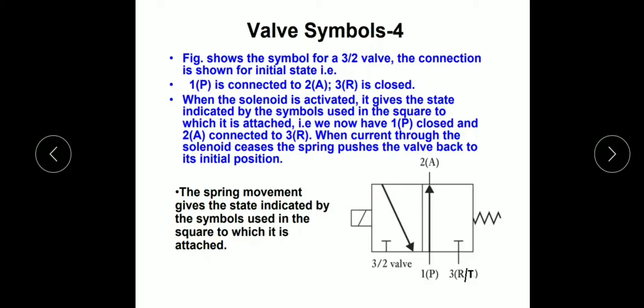Now we can see another type, 3/2 valve. We have already told in the previous slide that in a 3/2 valve, 3 is the number of valves. Here 1 is P, 2 is A, 3 is R or T. Here both are marked, R letter for pneumatic and T letter for hydraulic. And the direction is shown at 2 positions. The first rectangle is the first position and the second rectangle is the second position. And by looking at this symbol, this is a solenoid operated valve with spring return. This should be in our mind.